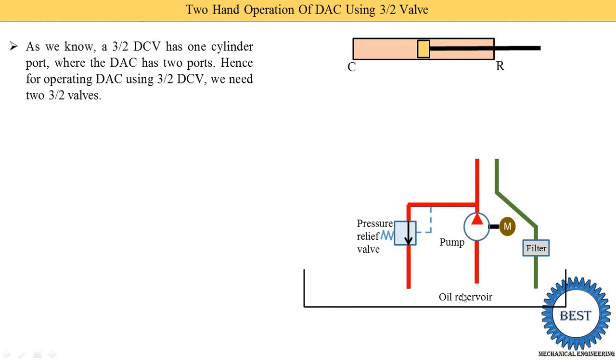So here you see these are the basic components of the hydraulic system, that is the oil reservoir, pump, return lines, pressure relief valve, and this is the outlet of the pressure, meaning the delivery line. Now here we draw valve 2. Here NO is written. NO means normally open. In an earlier video we already discussed what is normally open and normally closed.